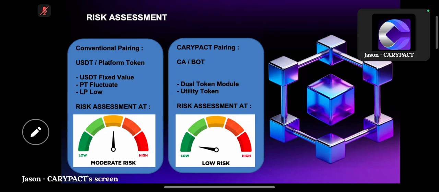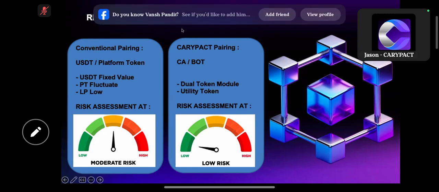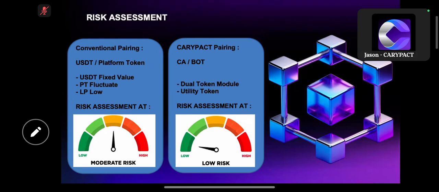Always remember, when investing your money or doing your staking, always put in only what you're willing to lose. That's a very important financial statement, because I'm not here as a financial advisor to give you any hints. I'm just here as a consultant and a trainer of this particular project, CarryPact. I'd like to give you a heads up to always put in only what you're willing to lose in any kind of investment. That's a very important thing to take note of.